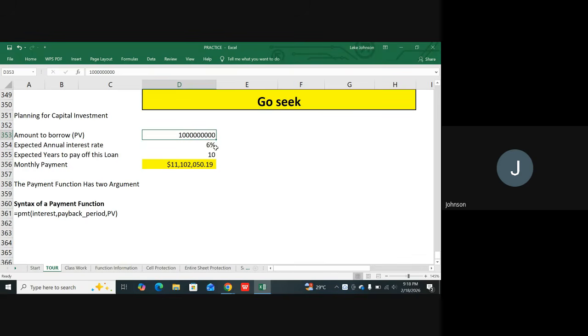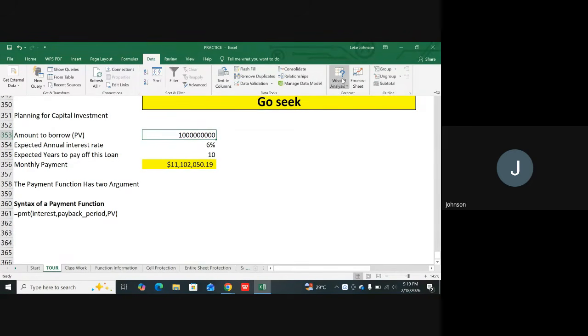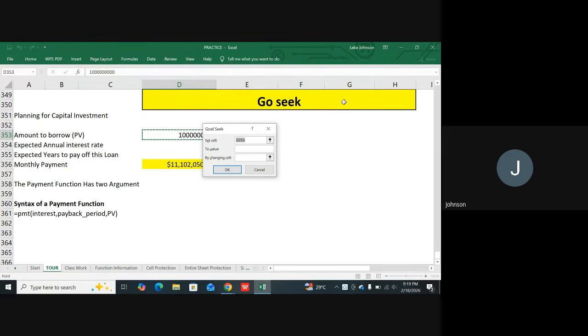per year? If you break this down per month, you discover that even though it is 10 years, you can ask yourself, can your investment actually make 11 million 100 and whatever in a month's time, to know whether you can go for this loan? So that is one angle. The other thing is that in case this is not favorable for you, you can go to your data, go under this what if analysis, click on it, then click on goal seek,